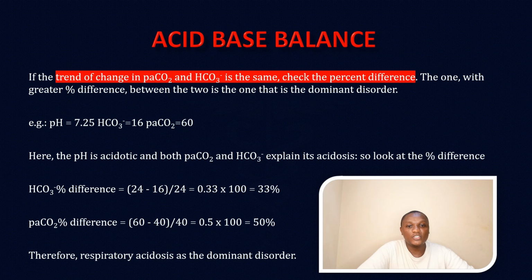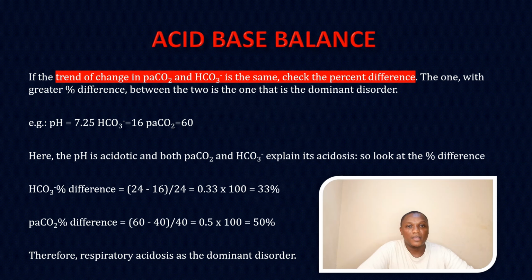And to determine whether it is a metabolic or a respiratory problem, you need to check the percentage difference of the values that have been given to be able to know which one is the